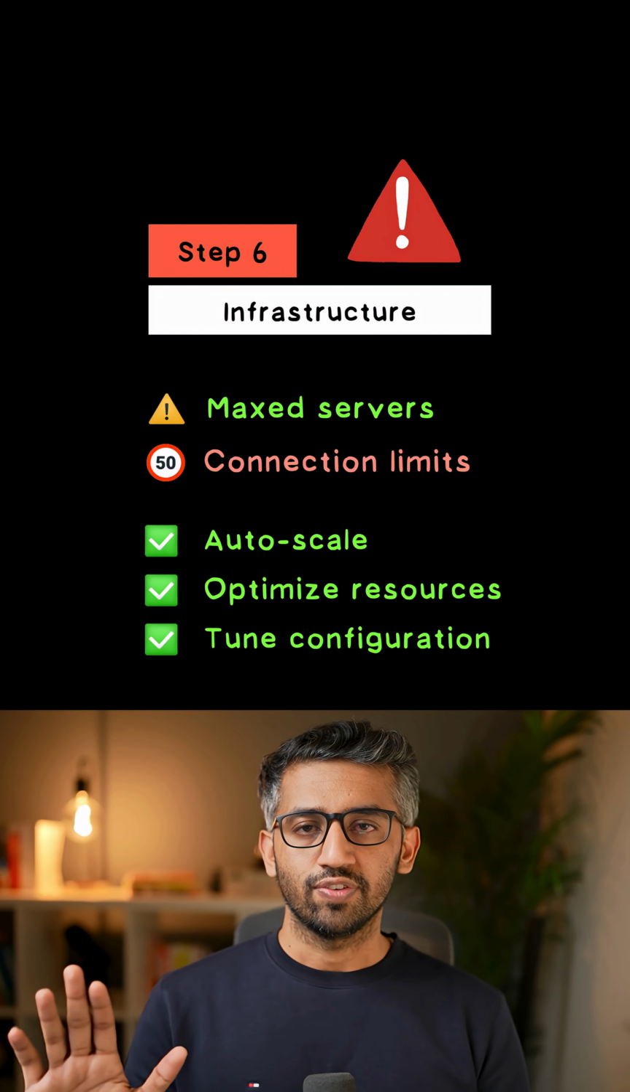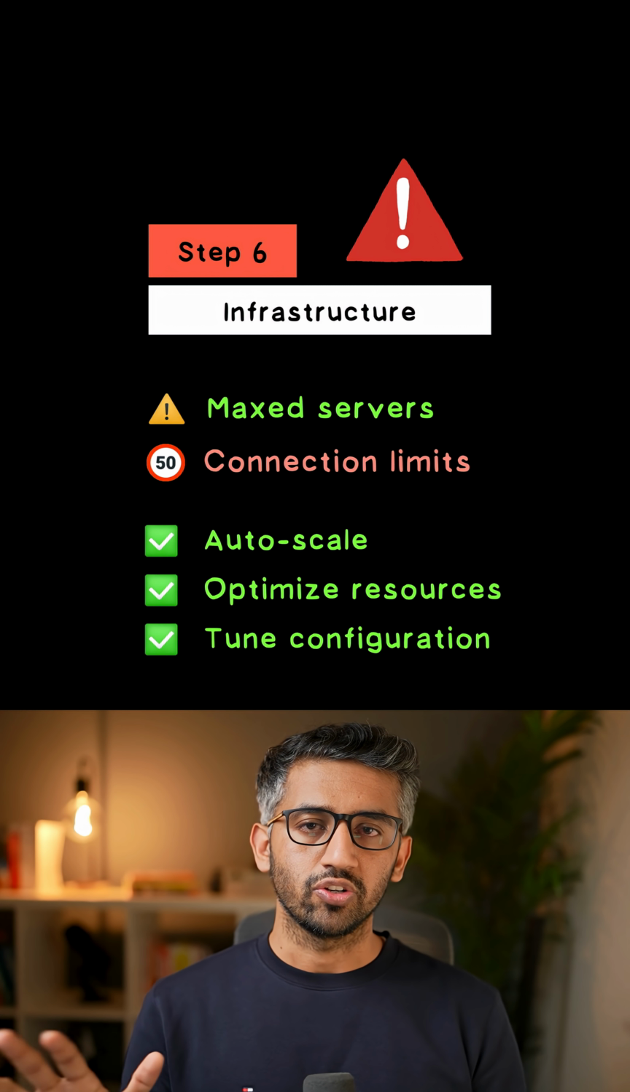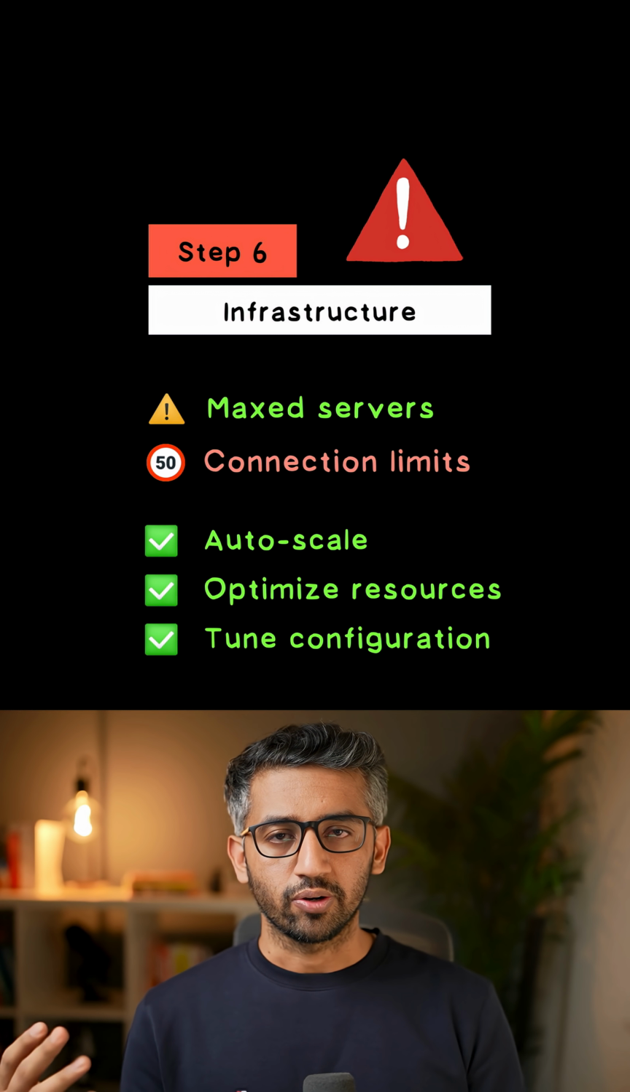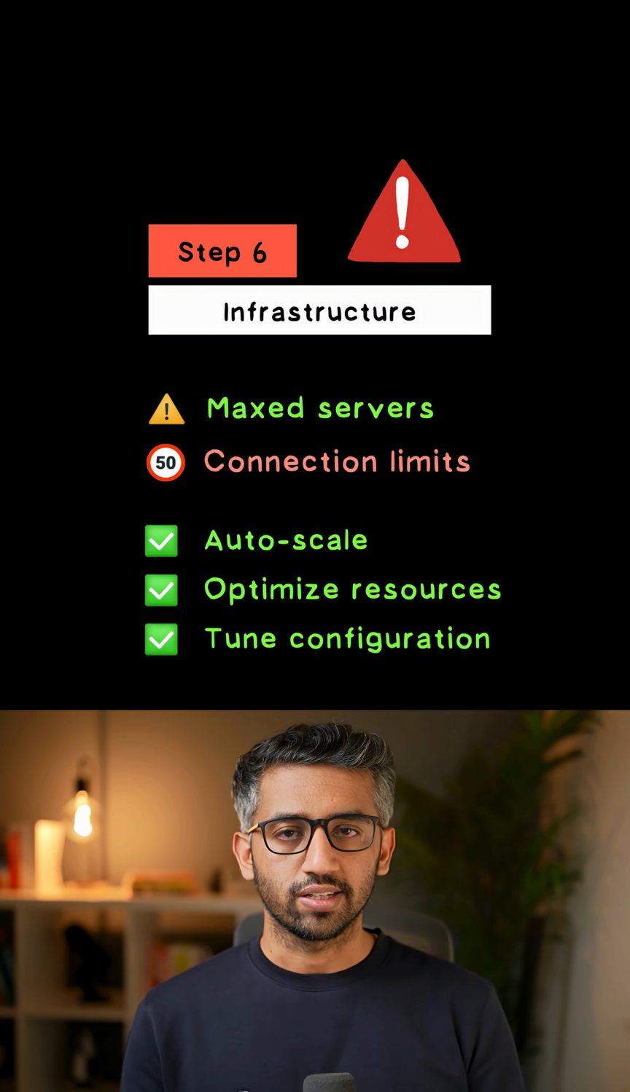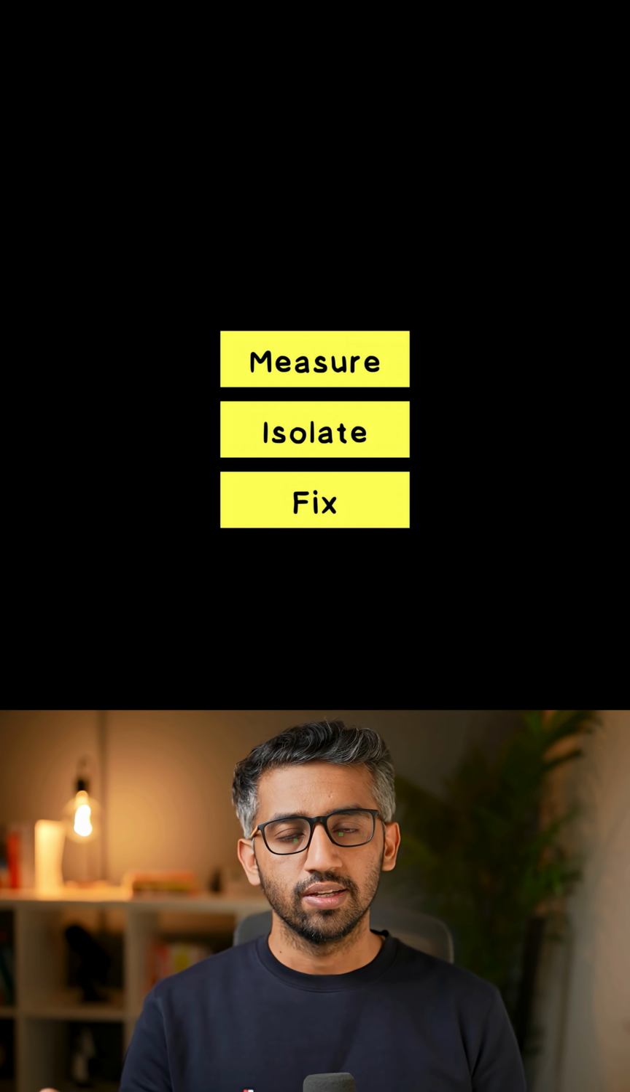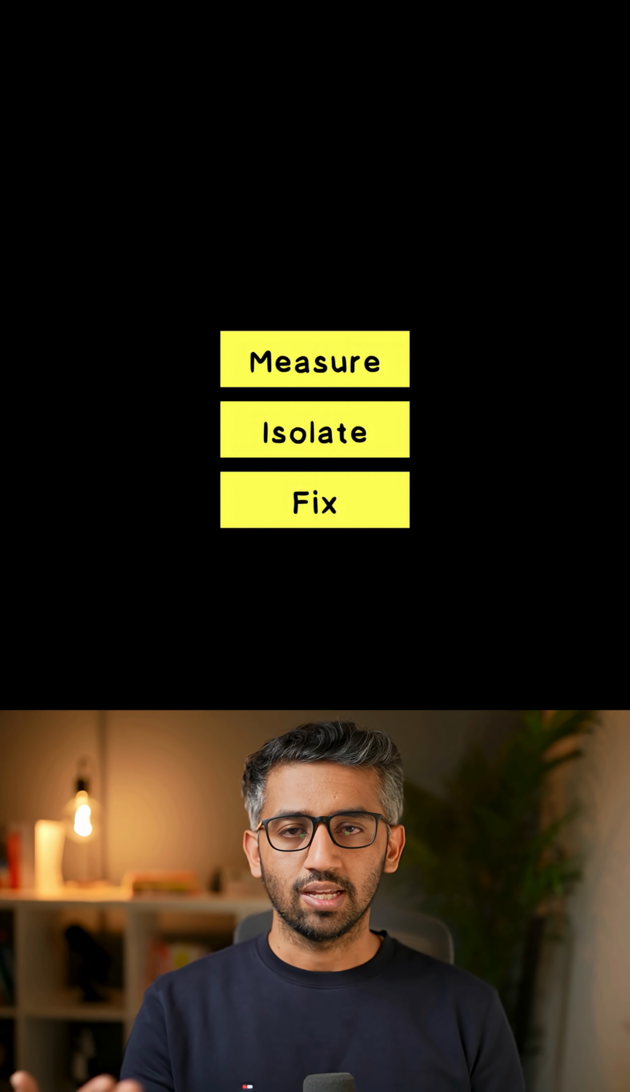So these were the 5 different bottlenecks that could be causing your API to be slow. But remember, the correct way to fix any issues like this is to measure first, then isolate, and then implement the fix. So next time when someone asks you,